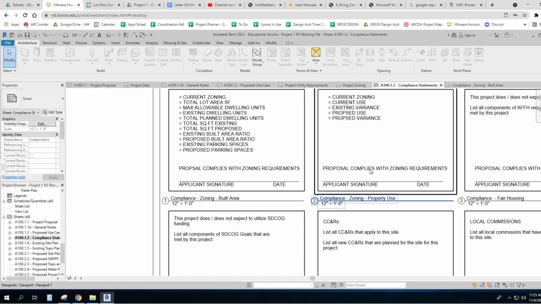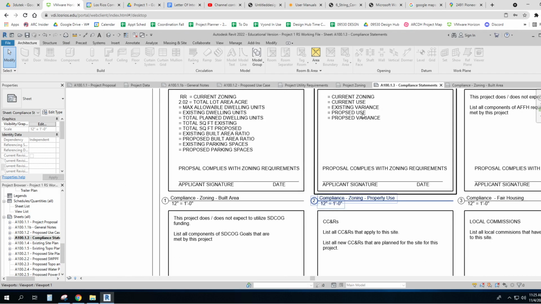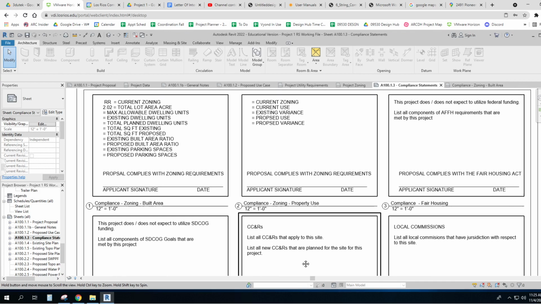And here it is, proposed. Right? And so this just makes it plain. It's all actually right over here, but you're just whapping them in the face. RR, RR. Existing variance, none. Proposed use, proposed variance, none. There. That way, the planning commission goes, oh, this will be easy. Now, this next one,